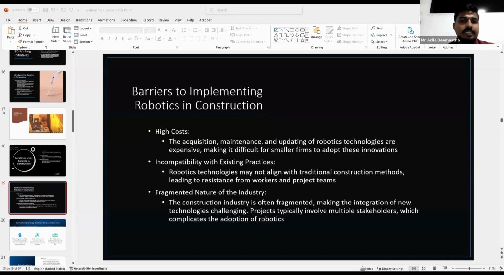So the fragmentation in construction. The construction industry often involves multiple stakeholders, including contractors, subcontractors, architects, engineers, quantity surveyors, and clients. This leads to a fragmented project workflow where different parties use separate tools and processes, making it difficult to integrate new technologies like robotics, right? මේ වගේ project stakeholders ලා මේ ඔක්කොම එකට එකතු වෙලා මේ වගේ implement කරන්න යනවා